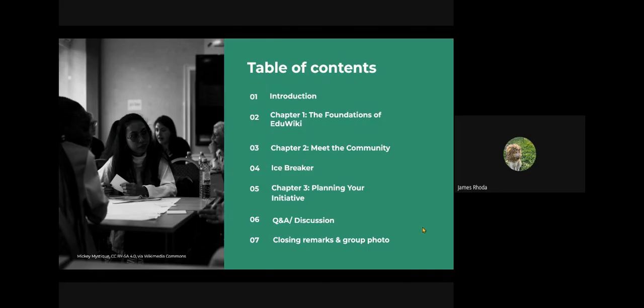So today we'll be discussing the EduWiki Hub Newcomers Data Kit. This is a resource that has been created by the Resource Creation and Development Working Group with help from the EduWiki Hub team and the Education Wikipedia and Education user group board members. So this resource has been specifically created to help newcomers in the movement or existing Wikimedians in the movement.